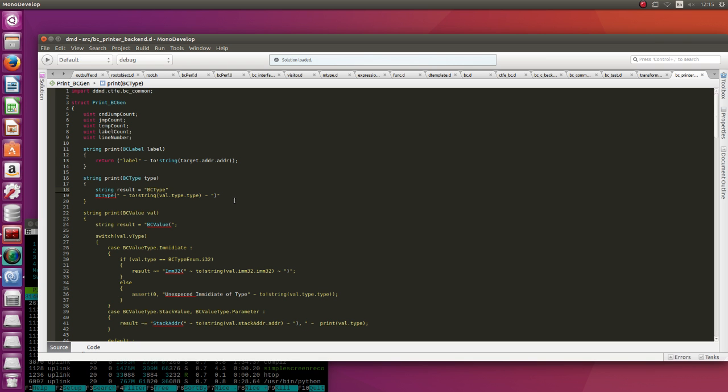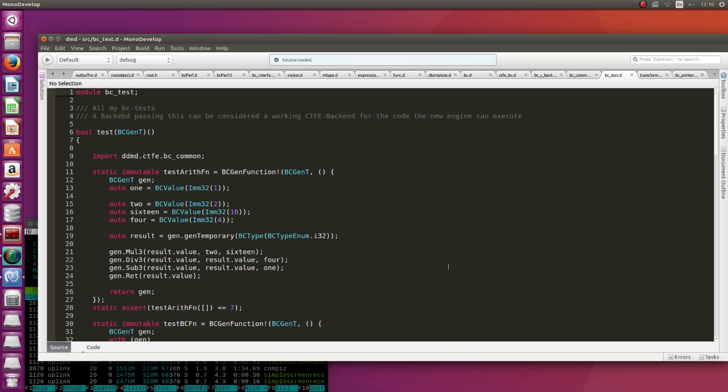I am currently building CTFE, as you know, and for my CTFE engine I'm now building a printer. That printer is able to show me the API that is called from the AST visitor to produce the bytecode. And I want this to be printed in a way so I can write tests for the different backends immediately. So if you have a look here,